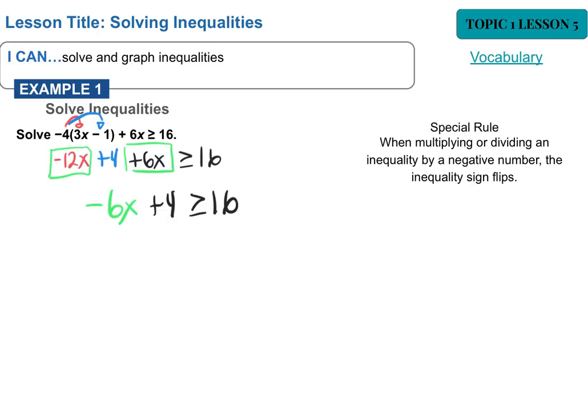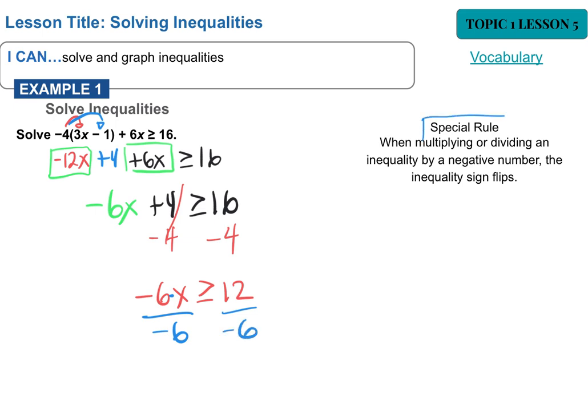So next I want to bring down everything I did not use. And now I want to solve this simple two-step equation by isolating the variable. I'm going to do this by subtracting 4 on both sides, leaving me with 12 and -6x. Now, because I am going to isolate x by dividing both sides by -6, I have a special